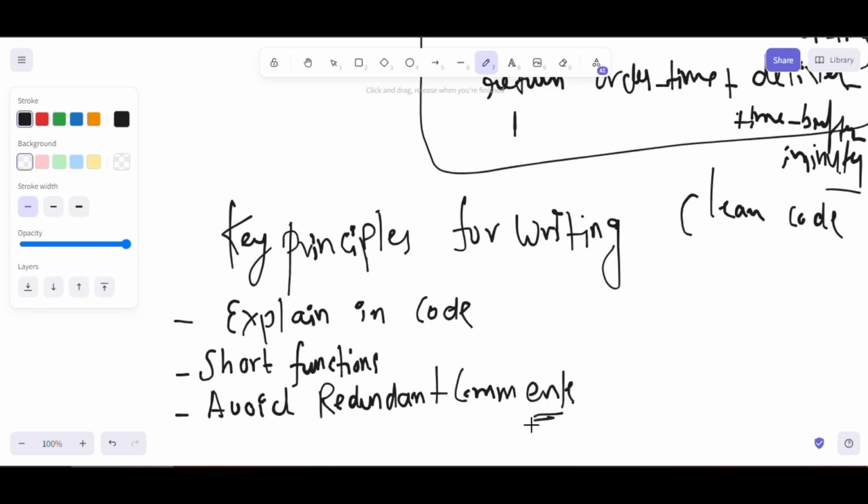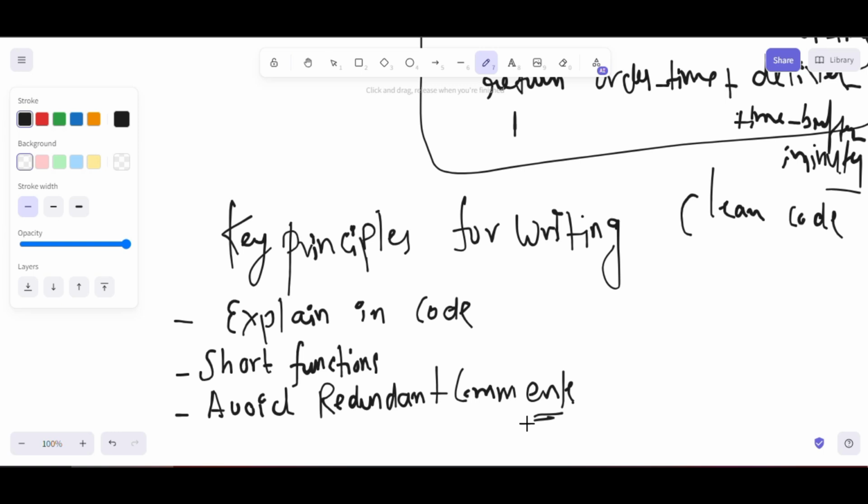Let's understand what explain in code means. Whenever possible, avoid comments. Basically, try to use descriptive variable names and function names, as you saw in the earlier case study.